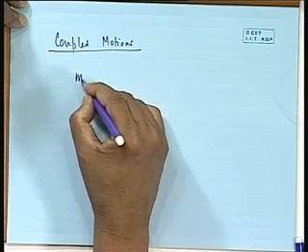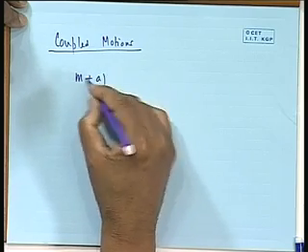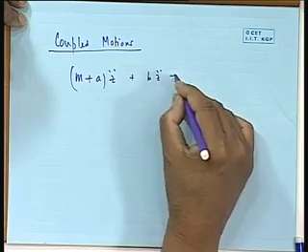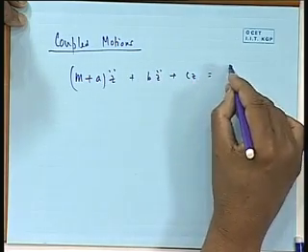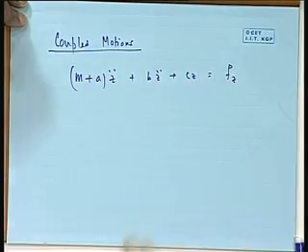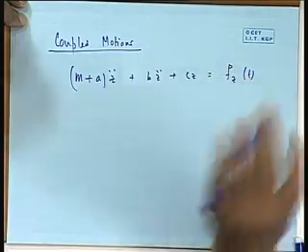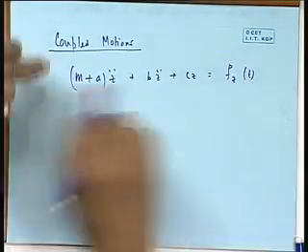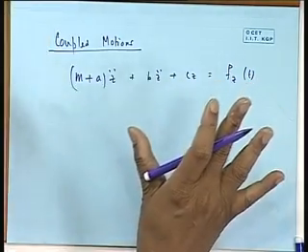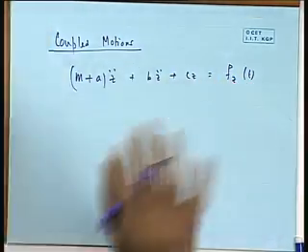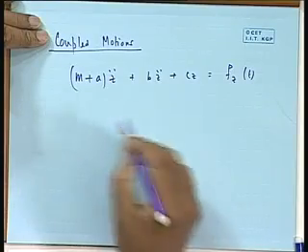We have written an equation of (m plus added mass) into heave acceleration, plus b times heave velocity, plus c times heave, equal to Fz, like that we wrote, if you recall, with amplitude, maybe this is Fz(t). This was the equation we wrote when the ship is only heaving. But in reality, supposing you take a ship which is heaving,